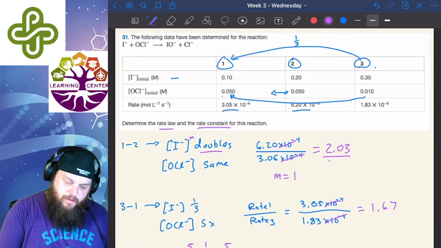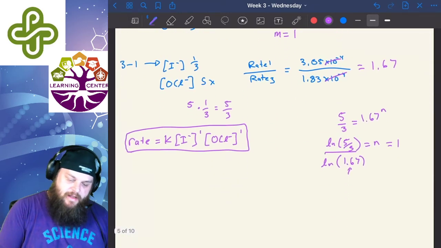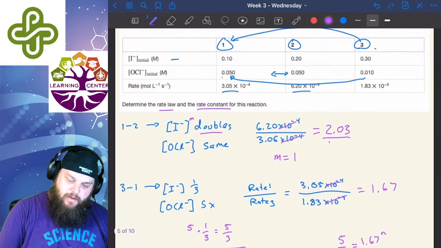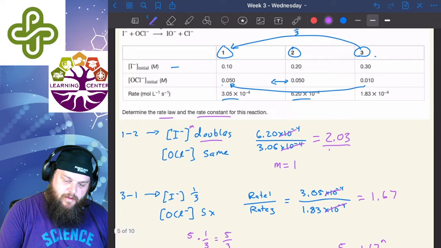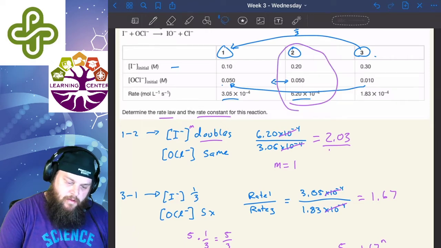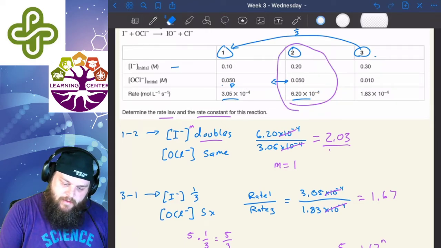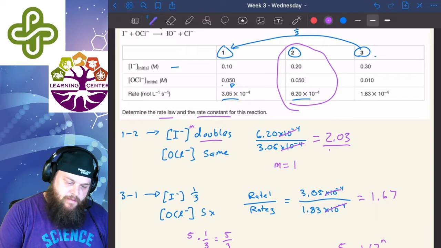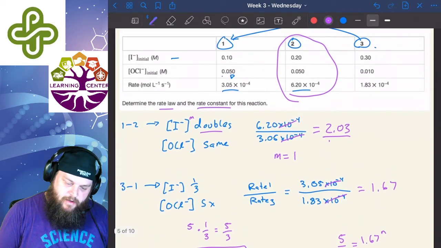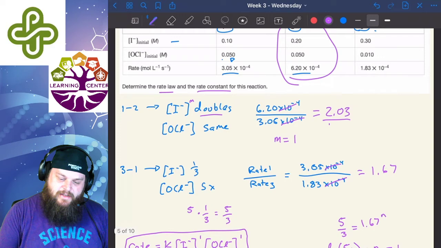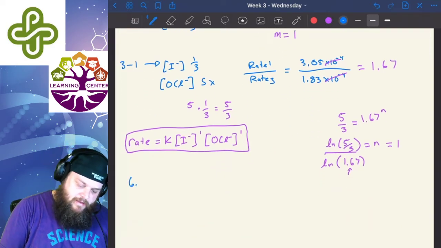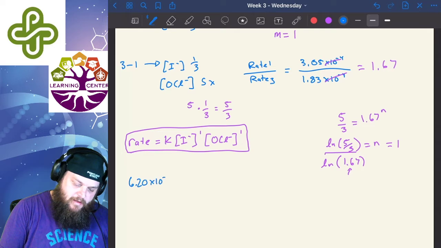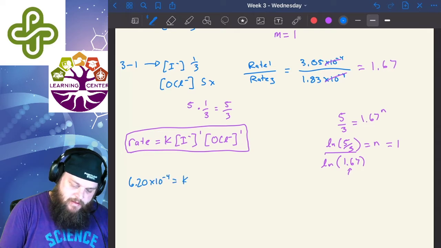And we also want to find the rate constant for it. So again, now that we have the rate law, we can just plug in one of those rate constants. I can pick any of these to do. Let's pick number 2. Let's get rid of some of that so we can read it a little easier. So it's 0.2, 0.05, and 6.2 10 to the 4th. So writing that out, that's 6.20 times 10 to the negative 4th is equal to K times the concentration of